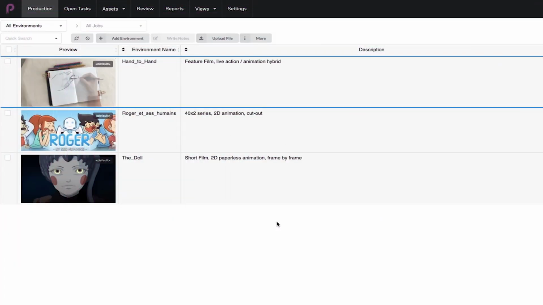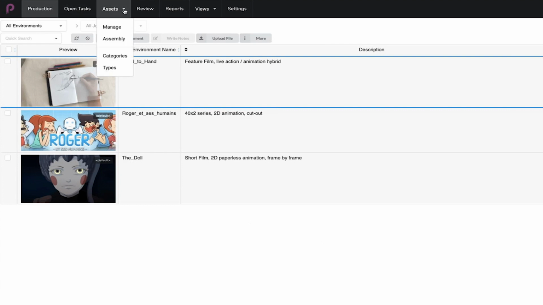Let me run through the user interface very briefly. First of all, you have a list of menus at the top. The production button allows you to go to the production that you would like to track. Open tasks allows you to look at the tasks that you have open or that you have to work on at any given time.